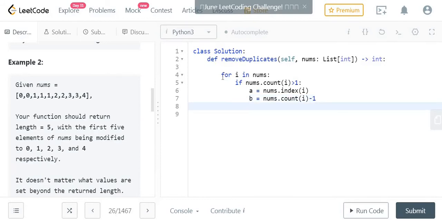Once this is done, delete from the nums list the indexes from a till a plus b.